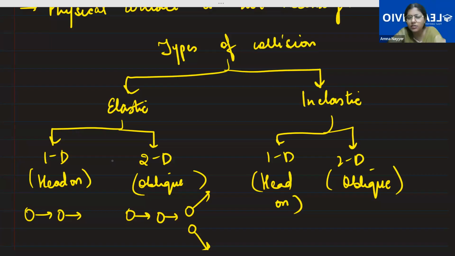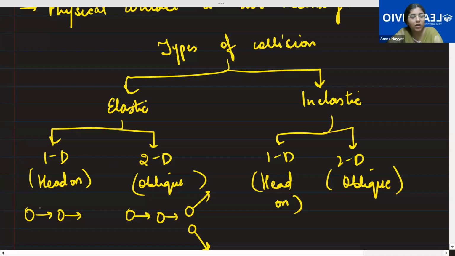It's very easy. Collision is an easy topic, just follow as it is. Write the notes properly. If you have these notes written properly, it will be very easy to understand. Otherwise it becomes a difficult topic, where you have to derive every formula. So just practice the class notes; they are sufficient. This one is known as the head-on collision, in a straight line. Another is known as the oblique collision.